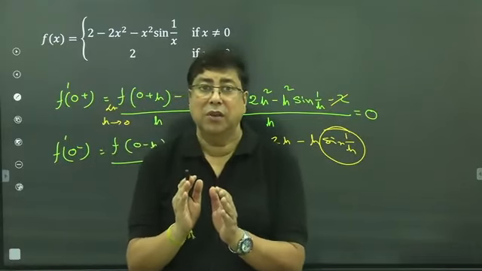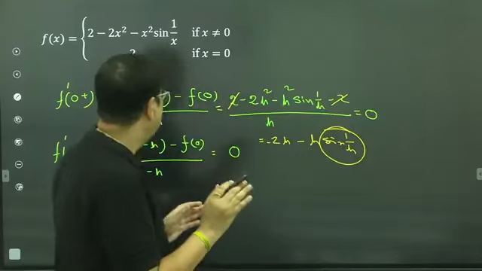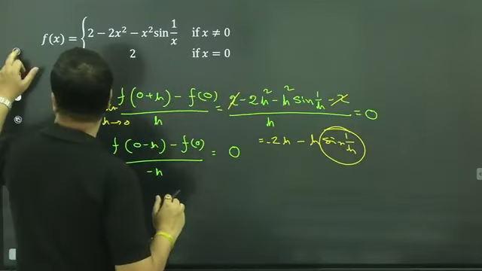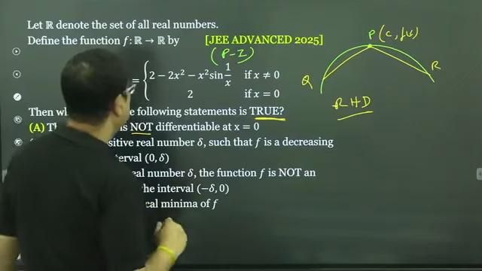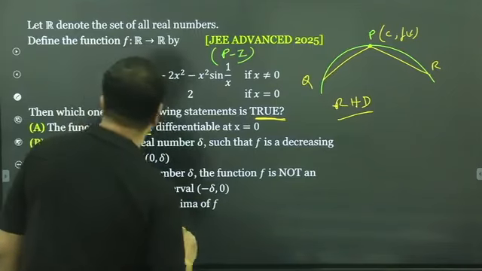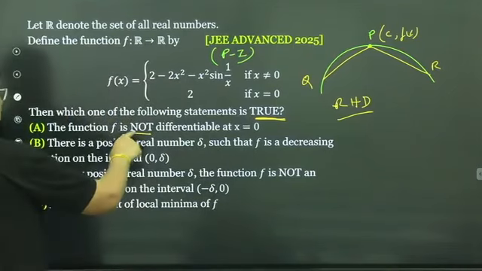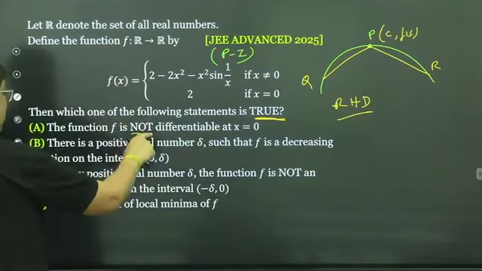Left hand differentiability equals right hand differentiability, and the function is differentiable at x equal to 0. So these are wrong. Here it is given the function is not differentiable, so this is a wrong option. Okay,